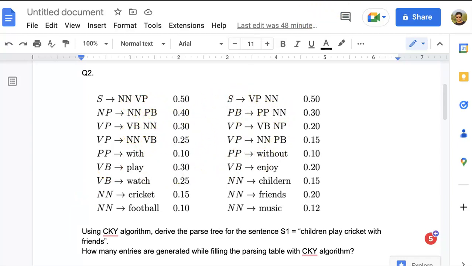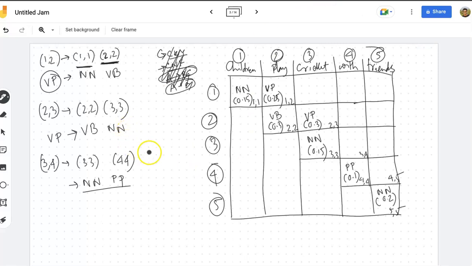NPP is not there. So there is no way to go from this. We can move it to here because there are no rules for NPP. So we just cross it. Okay, so we cannot go to this. So basically we cannot parse this. So yeah. Now go for 4 5,